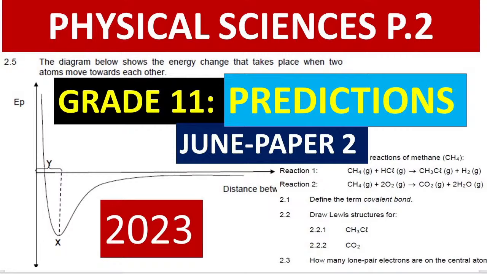But helium, it is already having 2 electrons, meaning that it doesn't require any assistant. It doesn't require to borrow any electron. It doesn't require to lose any electron, meaning that that's why it is able to remain as helium like this, while hydrogen requires another atom of hydrogen so that it has 2 electrons in its outermost shell. So that for it to be stable, it will require 1 electron from 1 hydrogen and another electron from another hydrogen so that it forms this bond. I think I'm clear there.